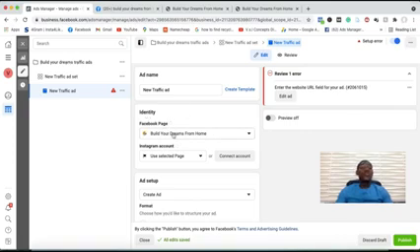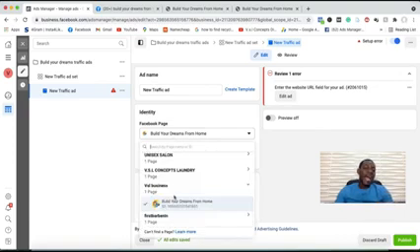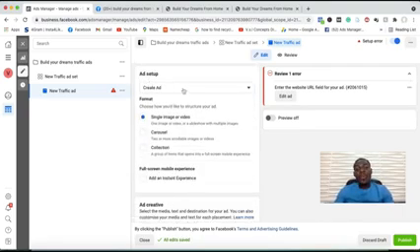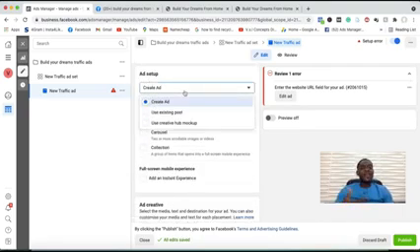Which page do you want to run these ads on? We have to come over here and click on the page. Put in your page there, go up. Now the ad setup that you want, how can it be done? Do you have an existing post on that page? You can actually use an existing post. You can actually create a new ad or